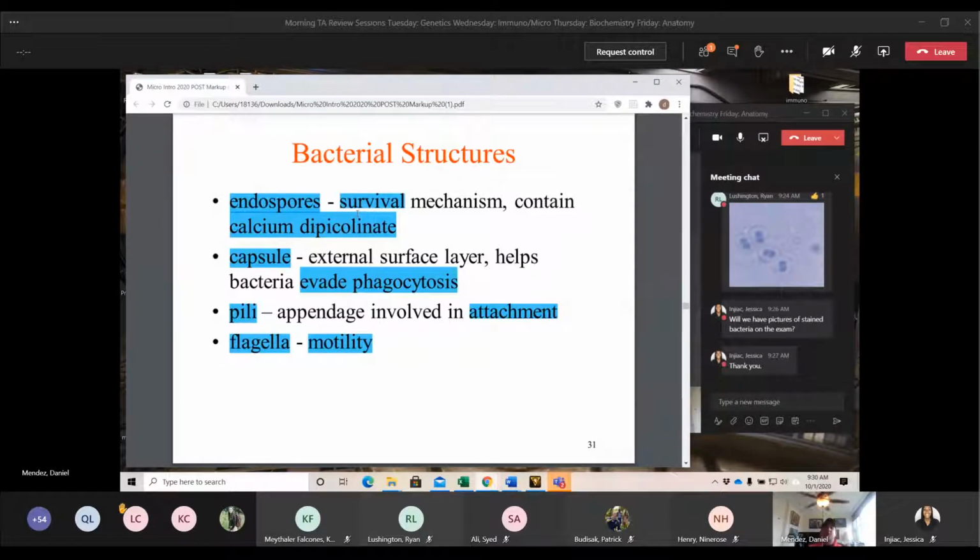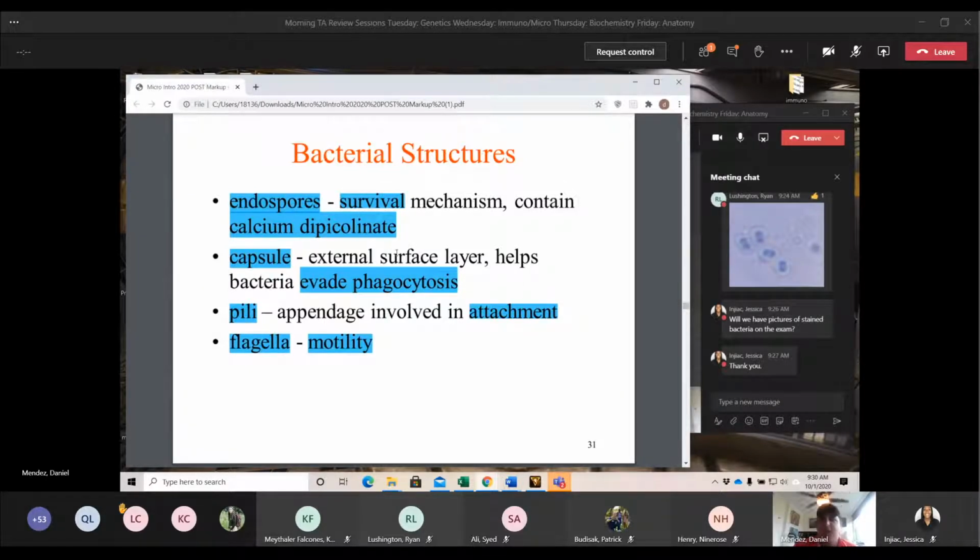Once you reduce that harsh environment and put it back to favorable conditions, that endospore will open up and release more bacteria, so the progeny of that bacteria can live on. This isn't any sort of replication per se. It's just the bacteria putting certain genetic material into a shielded area to protect it from that environment. Later on, when the environment changes, the bacteria can come back and continue to replicate and reproduce.